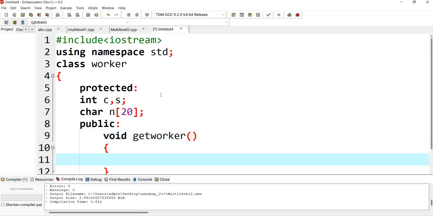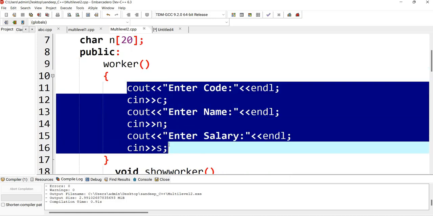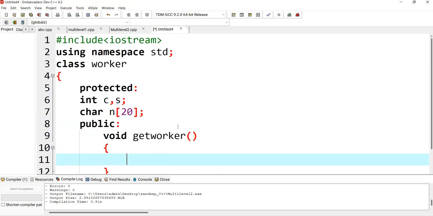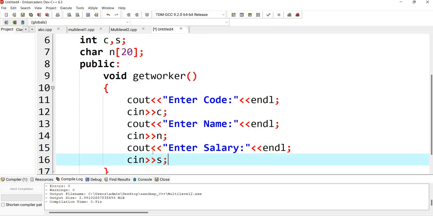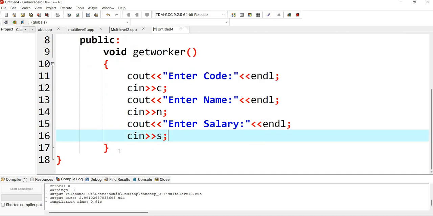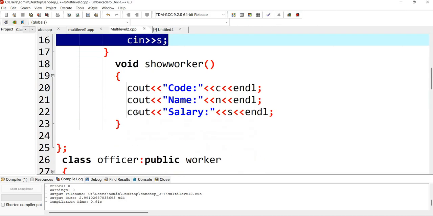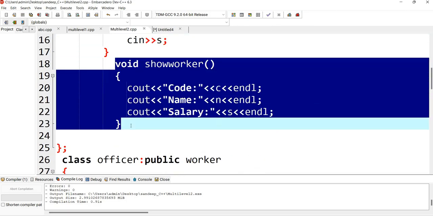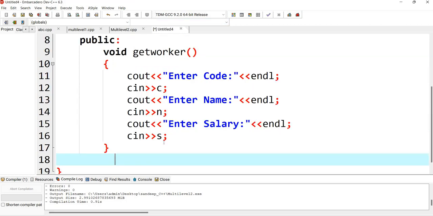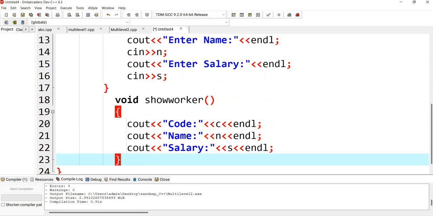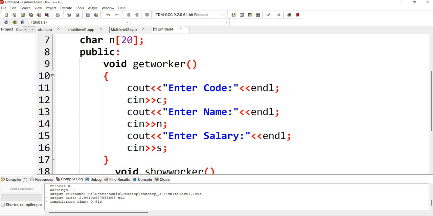I have to take the input function, so simply write the values for input: code, name and salary. And I have to take one more member function for displaying the values. So here, one member function for input and one member function for the output.